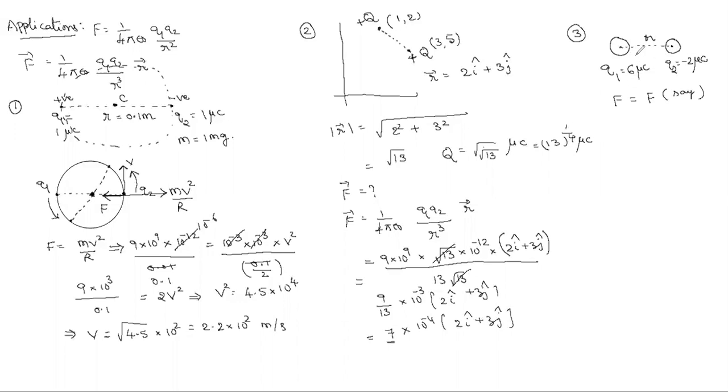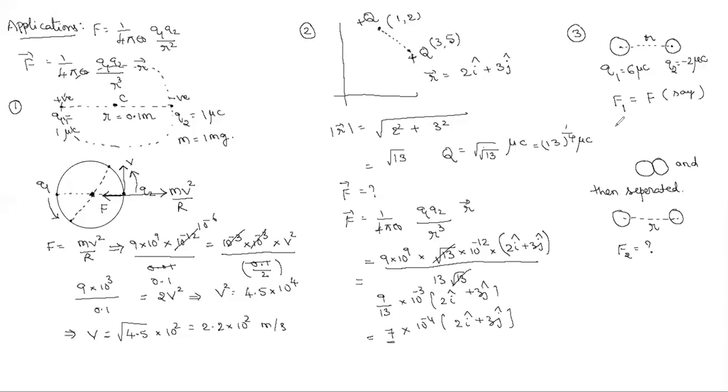Now, the question is not yet completed. These two charges are kept in contact for a while, and then separated. Kept in contact and then separated to what distance? Separated to the same distance R; the distance is not changed. Now, what is the force between them this second time? Take the first time as F.